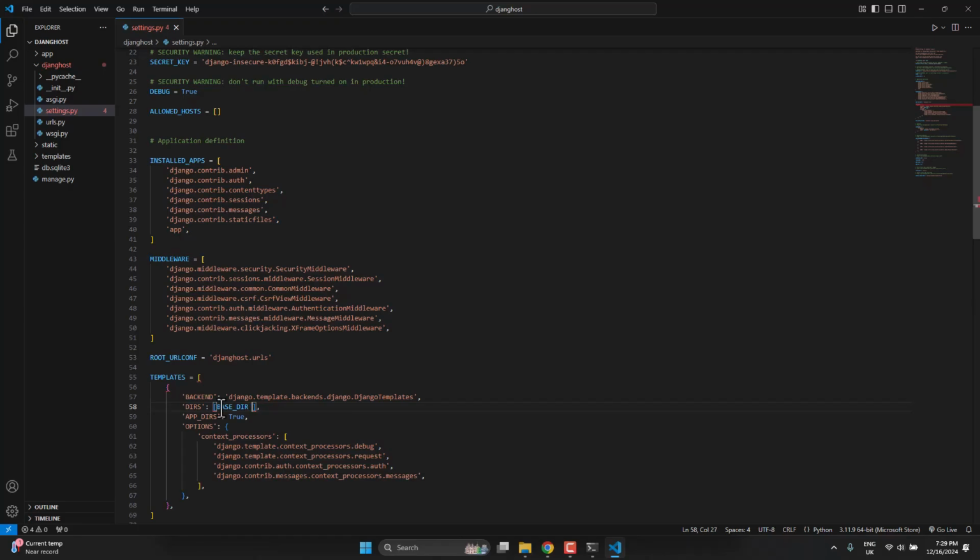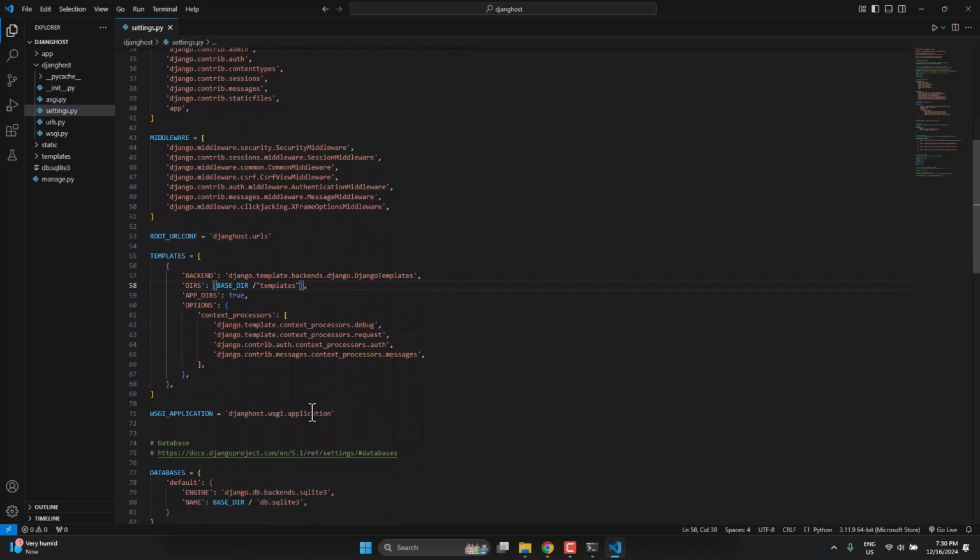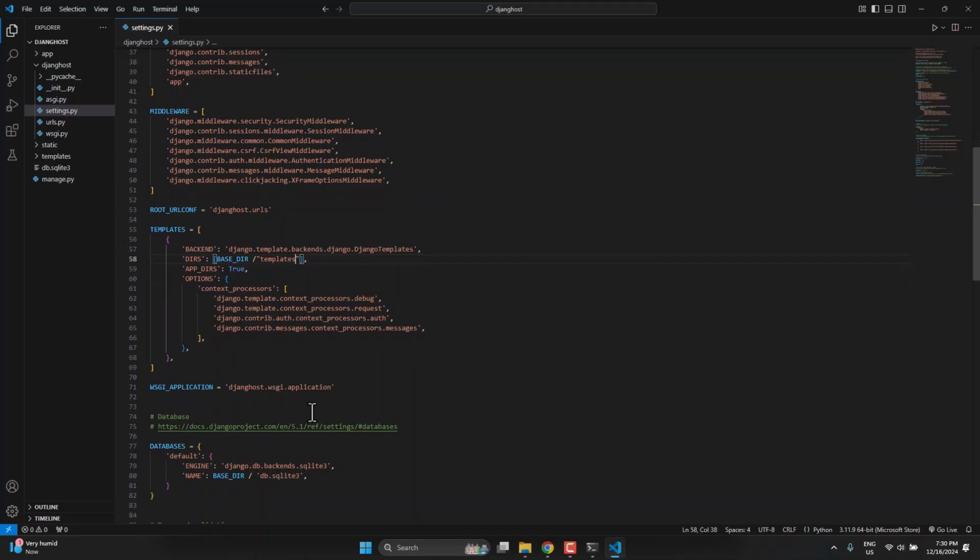slash, let me leave a space, slash template, and this is supposed to be the name of the folder that you created, it should match this template. So template is here. I have that done, and the others we are going to let them remain the way they are. After doing this, the next thing that we are going to do is